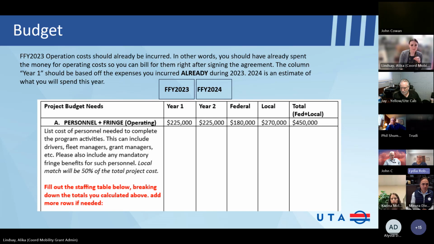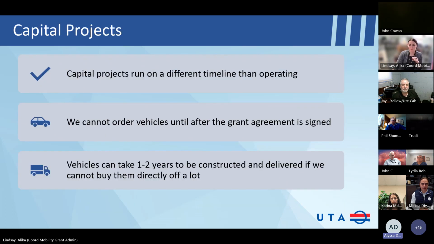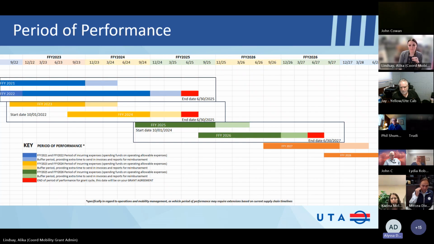Okay, so a big chunk of what we just put in our application isn't fundable. So we have to completely rewrite what we've done. Yeah, understanding that the fiscal years are different than we thought. But if we intend to begin a contract for services within a couple of months, then it would be relevant for 2024, and we would include those expenses there, and then plan forward for 2025, recognizing that the dates will again be delayed, correct? So we'll go ahead and plan for those, and then plan for reimbursement with receipts when the next cycle opens. Yes.